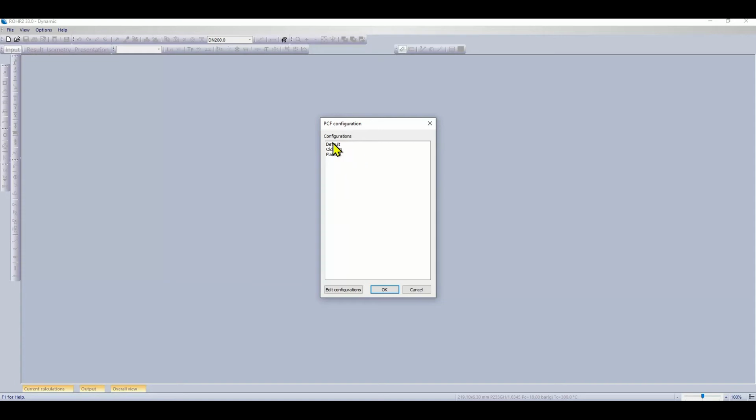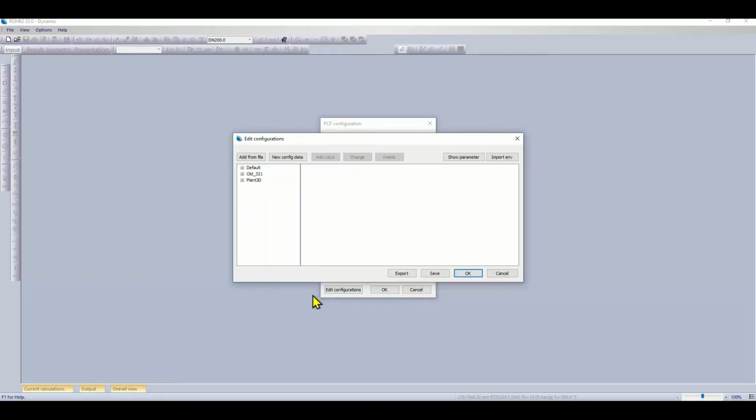Now I can choose between the previously defined configurations, and if I want to modify them I can go to Edit Configurations. Here, for example, I can use the last defined configuration and see how it is defined: the units, the coordinate system, the attribute assignment, the different support types, the predefined dimensions, the material assignments, insulation thickness, and pipe classes.